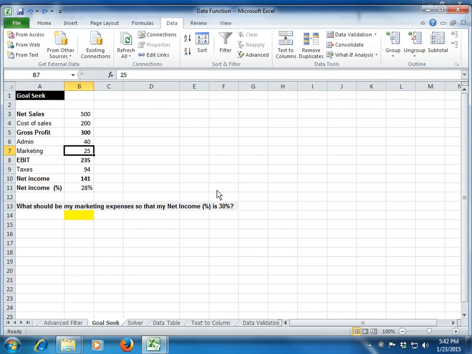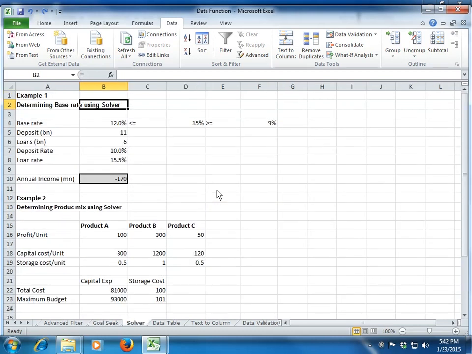Now many times we have more than one variable, or we need to work on a complex situation. Like if you have studied earlier, there's something called linear regression and calculations. So we have two or three variables, two or three constants, and then we want to achieve a certain objective. Similarly in Excel we have something called Solver. First of all, you see that Solver is a part of my Data tab, but currently it's not there. So if I want to add a Solver command to my Data tab, this is how I do it.